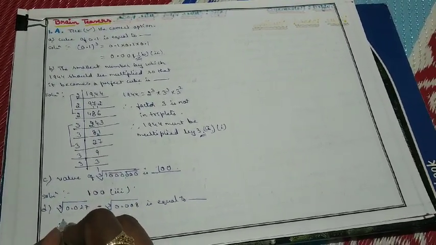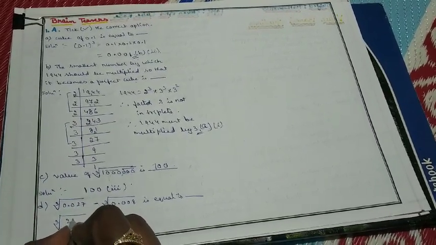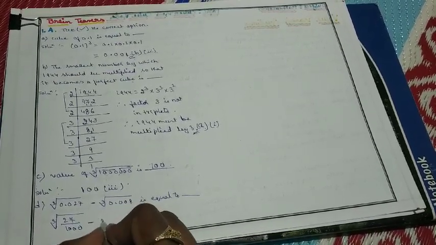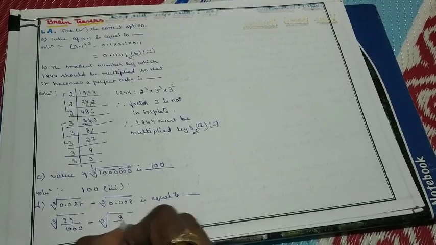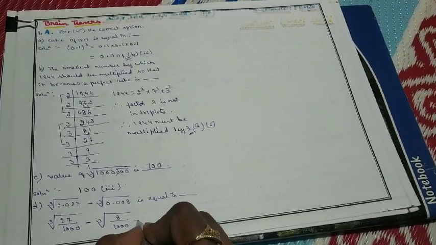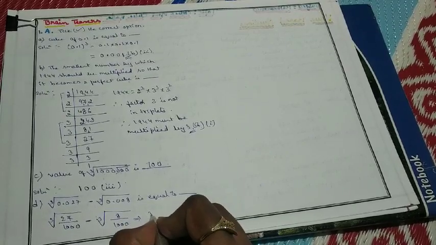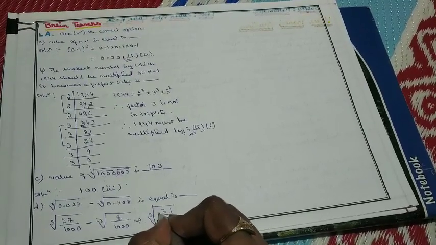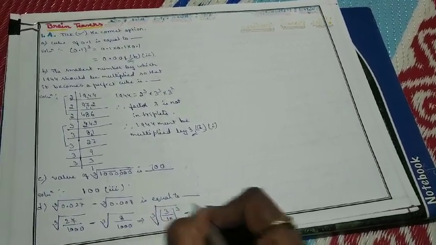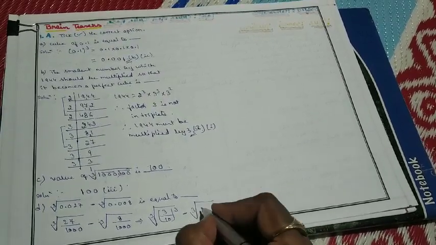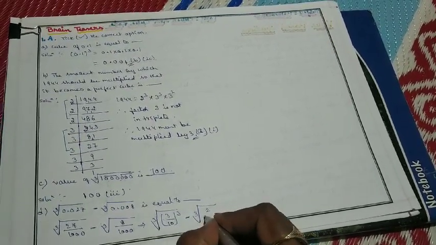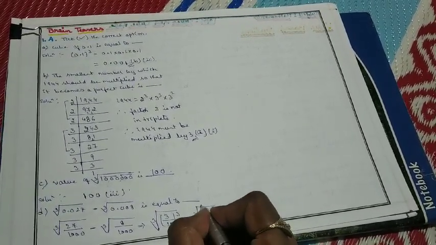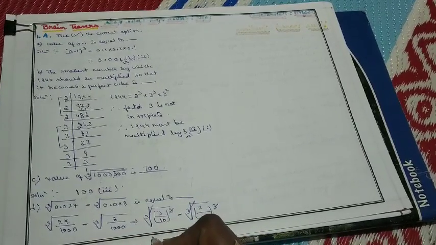Then the cube root of this decimal number, I'll convert into a rational number, children. So we will get 27 by 1000, minus cube root of 8 divided by 1000. We know that 27 is a perfect cube of 3 and 1000 is a perfect cube of 10. So (3 by 10) whole cube, minus cube root of, then here 8 is a perfect cube of 2 and 1000 is a perfect cube of 10, so whole cube. Now cube and cube root get cancelled, which equals